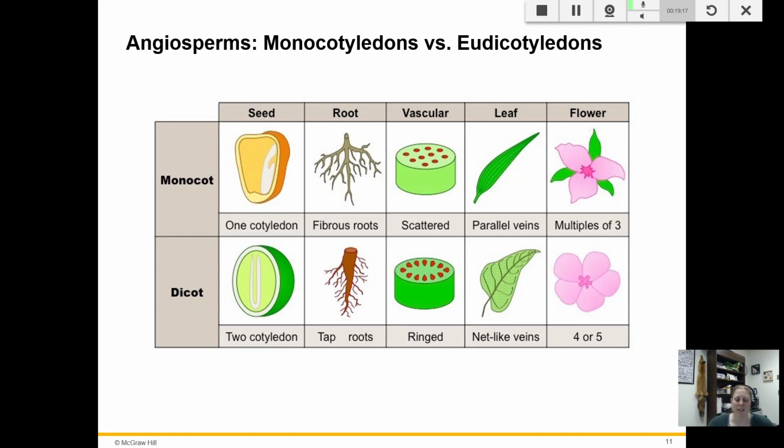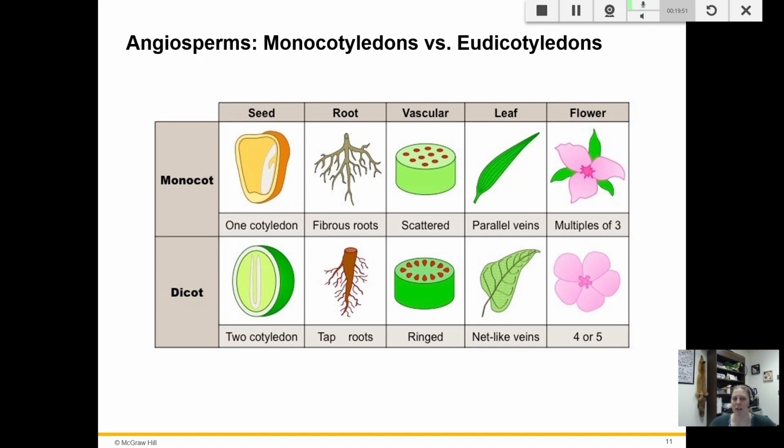So for instance, if you look at a seed, you can look and see if it has one cotyledon. So if you ever looked at a corn seed, when you take the seed coat off, there's usually one little kind of yellow, cream pale colored bit. That would be the seedling, and it's going to have one leaf. And when it starts to grow, one little leaf will poke out of the dirt. In things like a bean plant, it'll have 2 leaves, and when it starts to grow, 2 little leaves poke out of the dirt. So that's the biggest difference there.